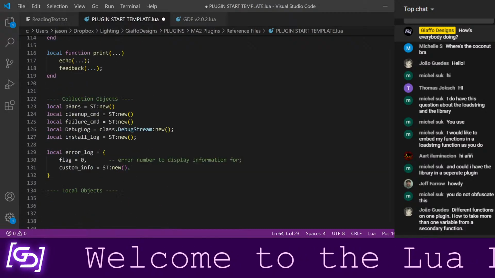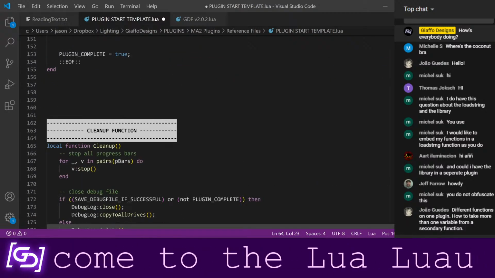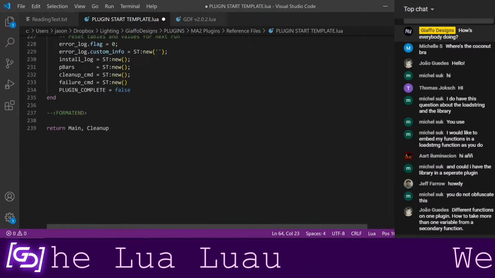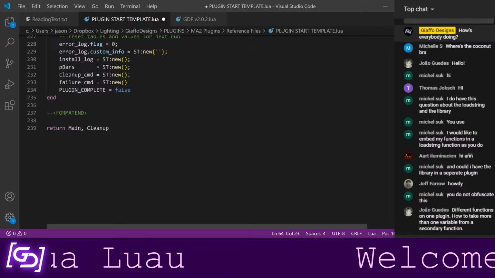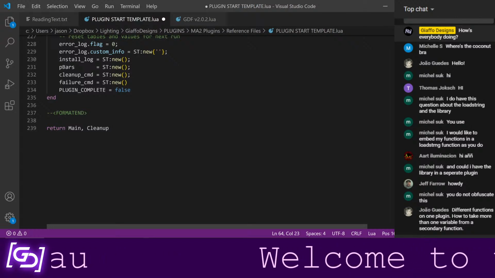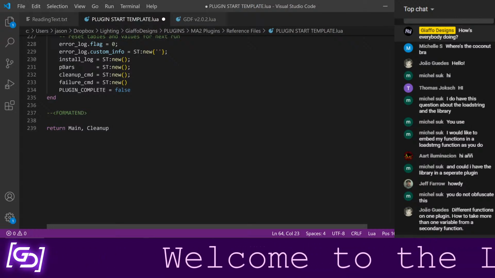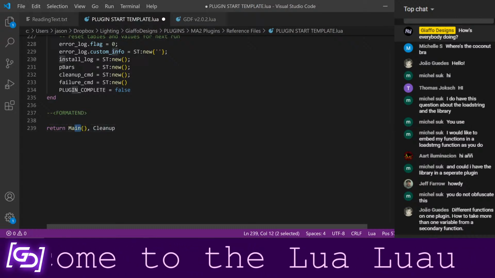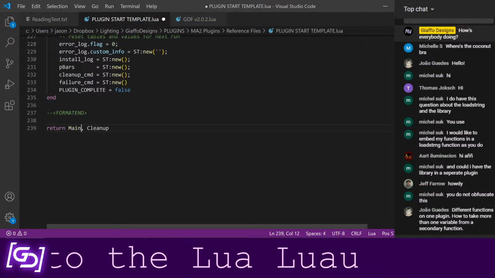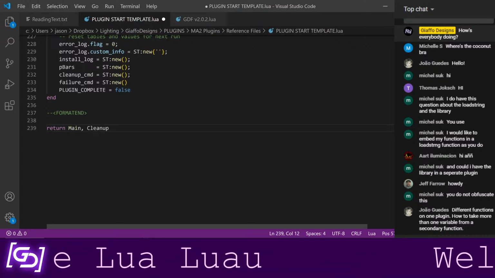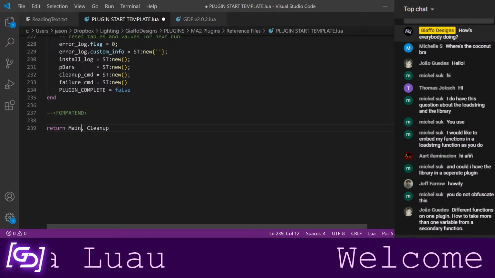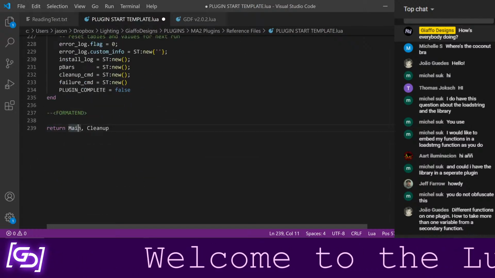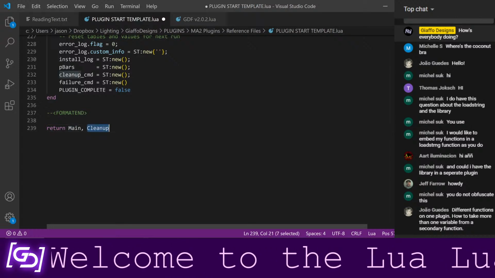I'm actually going to skip some of this stuff for now and come back to it. The main thing for anybody who may be a little bit newer to MA plugins: for your plugin to work, for you to be able to click on your plugin and have it do something, you have to return functions to MA. And you don't return them as a function call, like that would be telling main to run. You just pass the function itself to MA. What this does is, when you click on it, it will run these functions in order. And it doesn't matter if the previous one completes or not. If this one crashes in the middle, it will still move on to the next function provided.